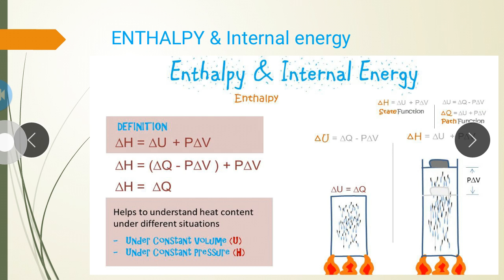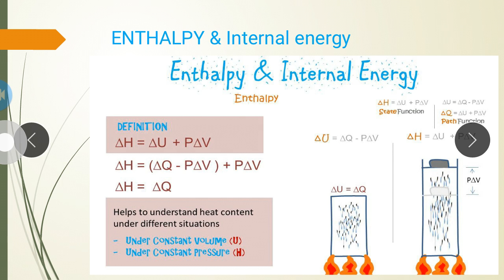So in this case, the delta H will be equal to delta U plus P delta V. Okay, so in the previous case there is no expansion of volume. Here we have the expansion of volume, so there will be a value for delta V, so that P delta V. Okay, that is what is explained here